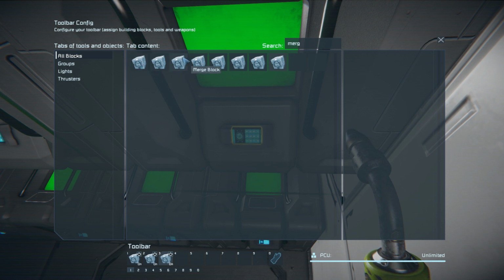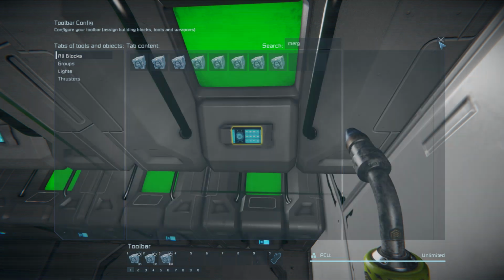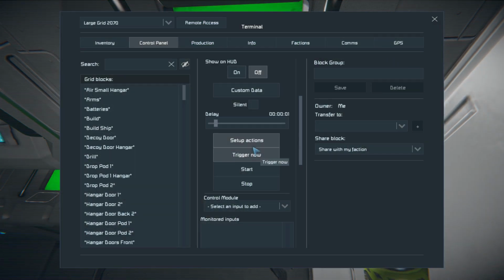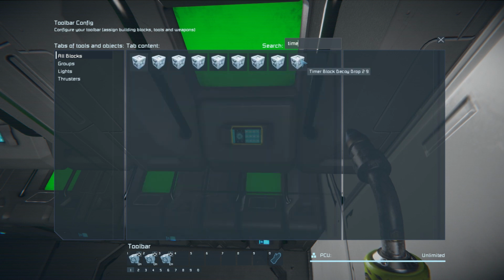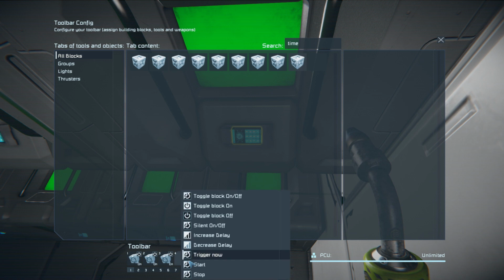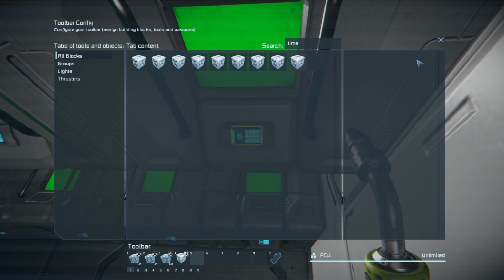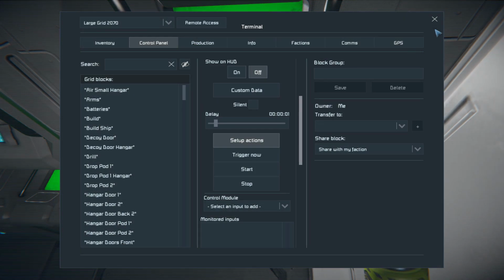That should be the merge blocks from the decoys, and these are from the drop pod. I need to name them so I can see that. The drop pod also needs correct naming, I would say. Then it also triggers timer, decoy drop 2 to start this, and this then